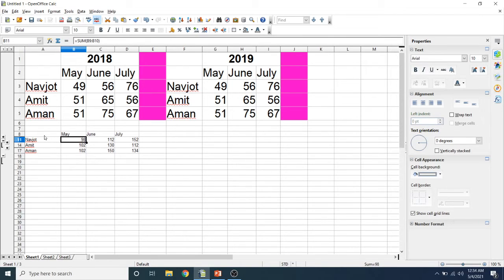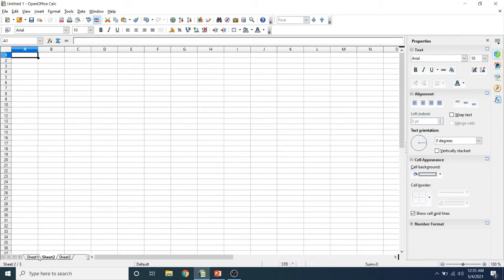So marks of Navjot, the first student, number 1, was 49 plus 49, which should be 98 for the month of May, and in June it should be 56 plus 56, 112. So what OpenOffice Calc did, it combined these two tables for you. It doesn't matter if these two tables were present in two different sheets. It didn't matter if they were present in sheet number 1 and sheet number 2.